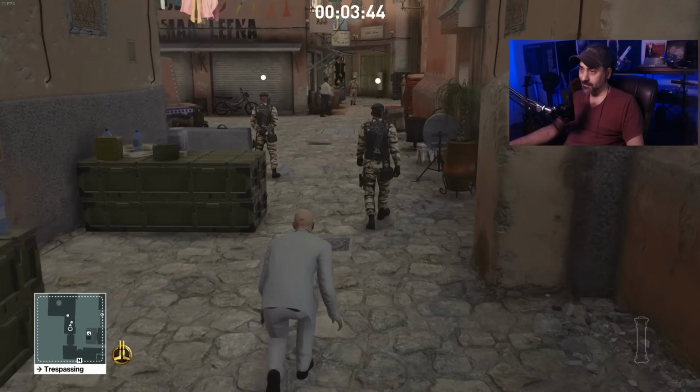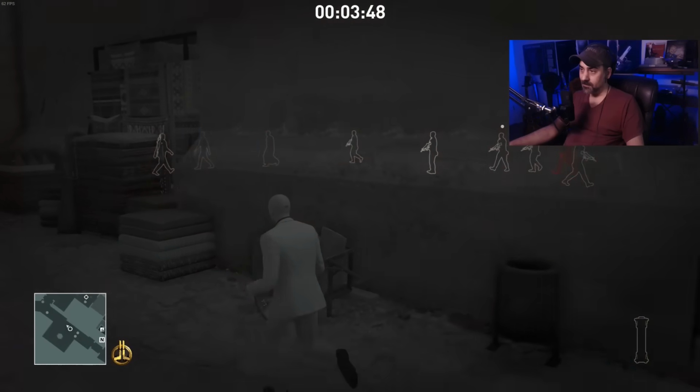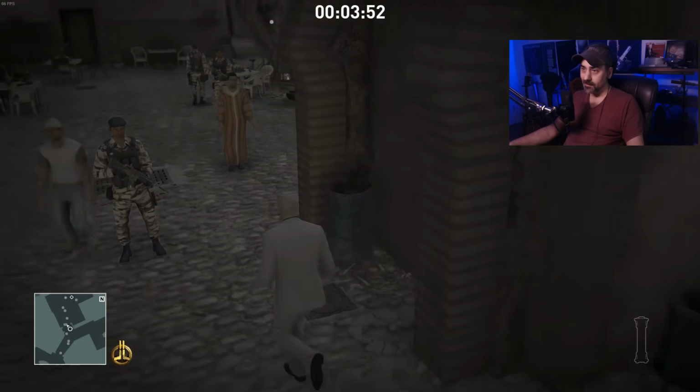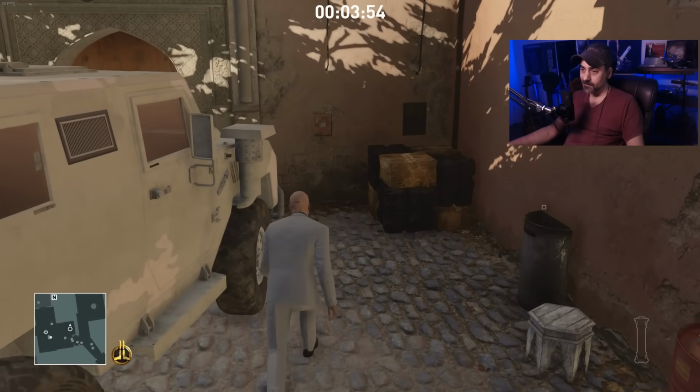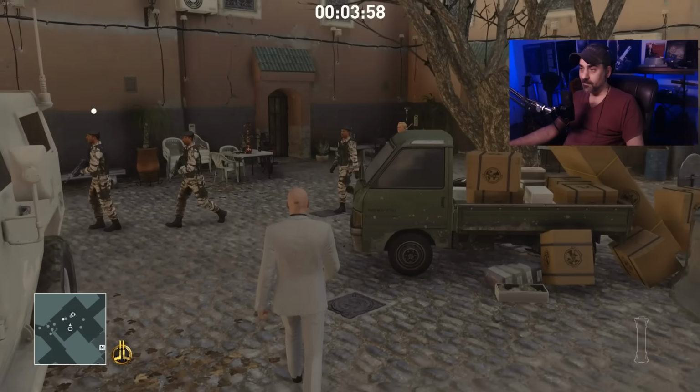You gonna move up here, or? No, yeah, he's moving. Okay, we have an enforcer in here. Let's try to get ahead of him and hide behind the vehicle. And then I'm going to...